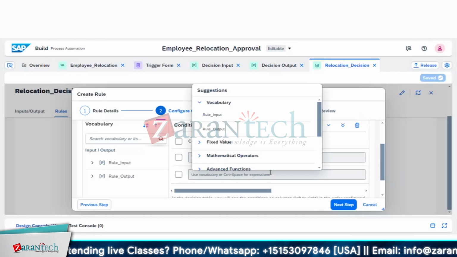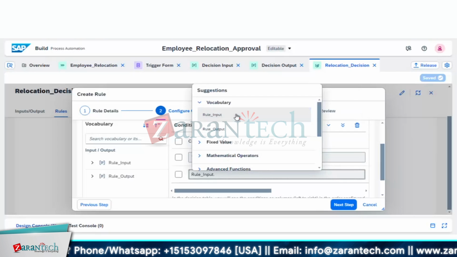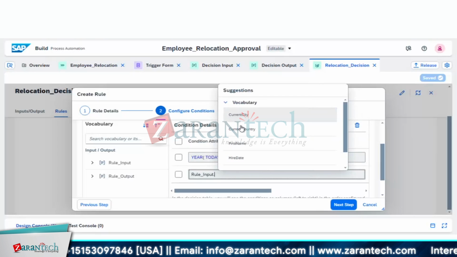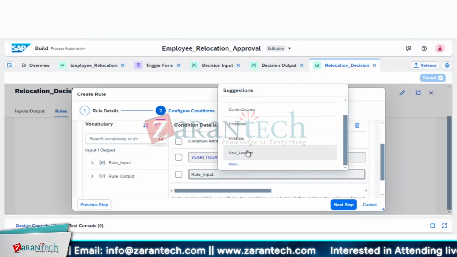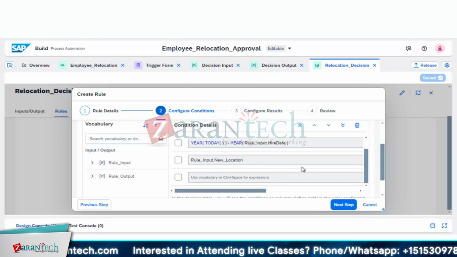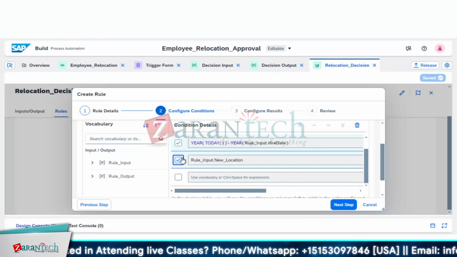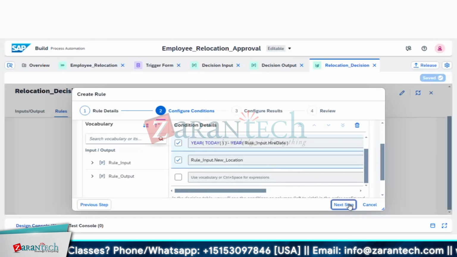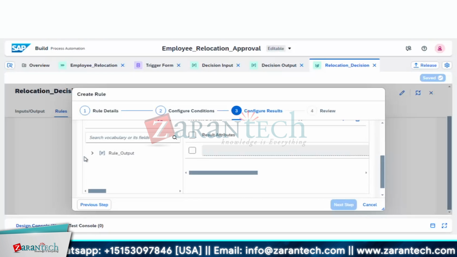When I'm giving control plus space, here I can give the rule input as employee's new location. Okay, these are the two things that we are going to use as inputs,